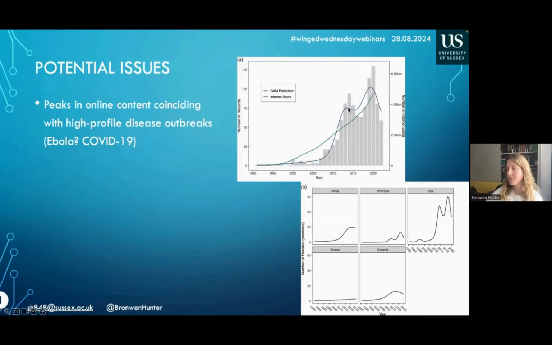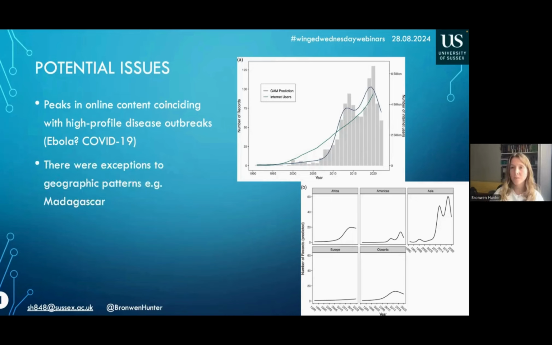The other one is a little bit more puzzling. We suspect it's in 2014, and we originally suspected that was because of the media coverage surrounding Ebola. But when we looked at the predictions from the generalized additive model, they showed that peak was actually coming from increased reporting in Asia. So we're still a little bit puzzled as to why that happens. But the main thing is that this does show that there are these spurious peaks in online content, which makes understanding how the volume of online content relates to the actual intensity of exploitation really challenging or impossible.